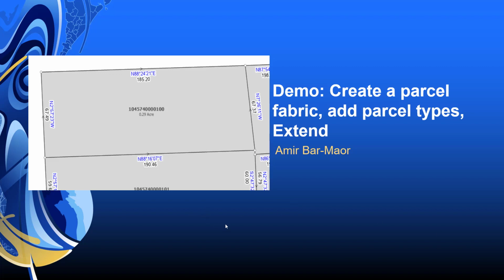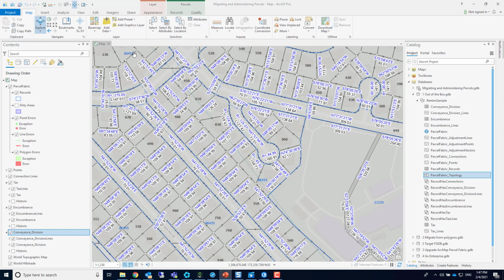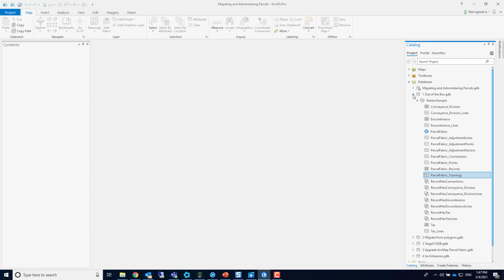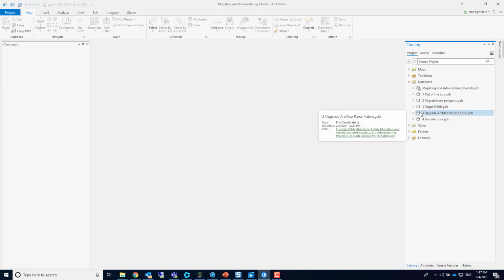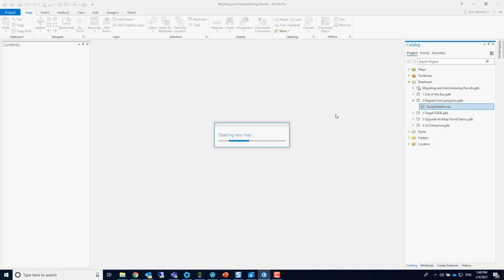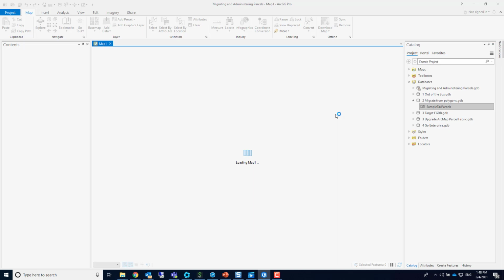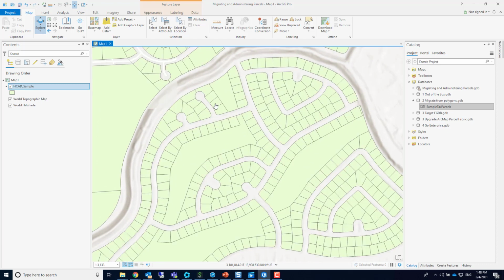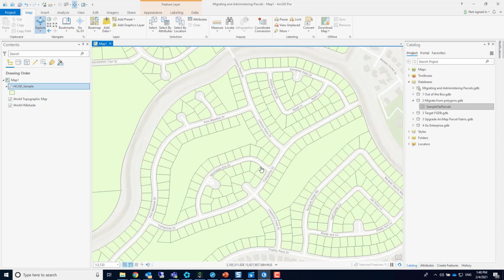Okay, let's switch back to Pro. And here we are. We can close this map. And we can work with a second file geodatabase called migrate from polygons. So here's sample data, polygons. Let's see how it looks. We can just right-click on it and say add to a new map. And this is courtesy data from Harris County Appraisal District, just a few parcels, probably not current anymore, but they'll do the job. We can see we got some default symbology here, and if we look at the attribute table,